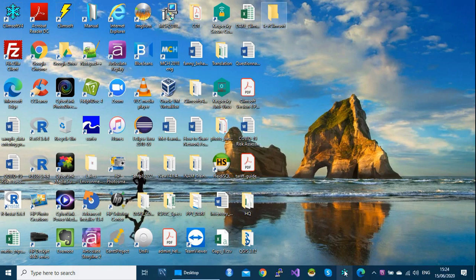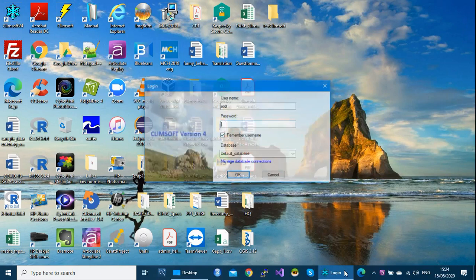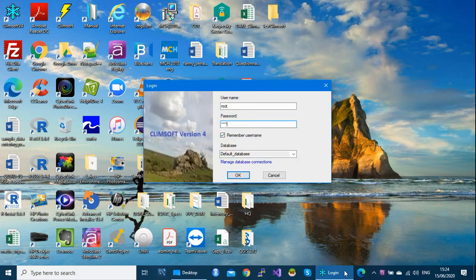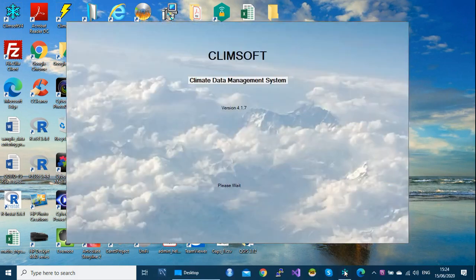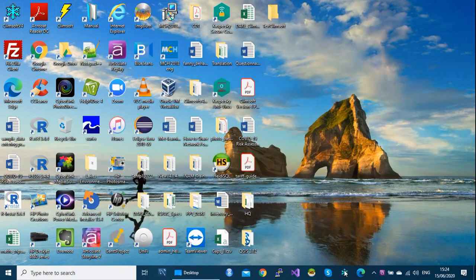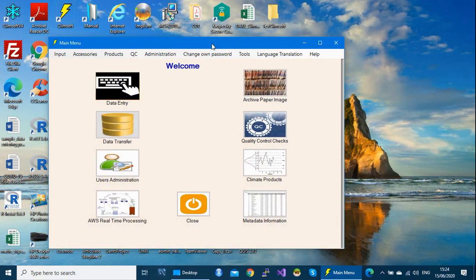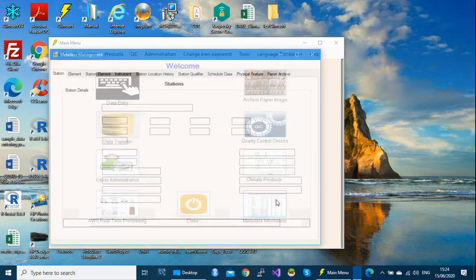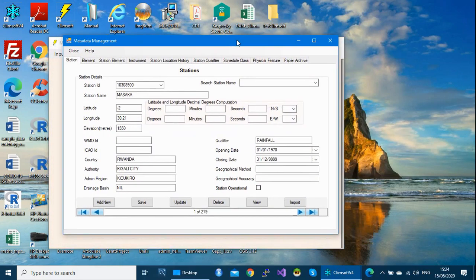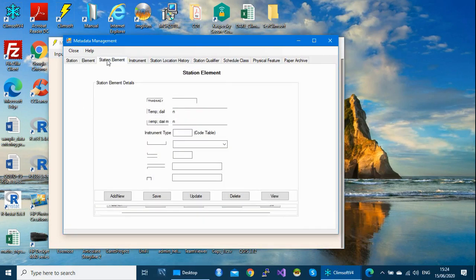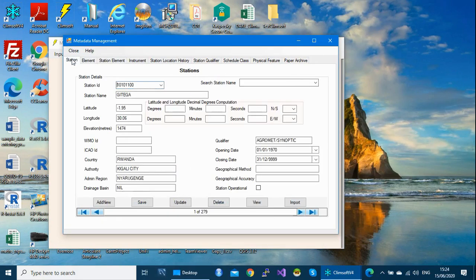And then launch your ClaimSoft software using your username and password. And then let's start with our metadata. Come here to metadata information. And here you have metadata for stations, for elements, and so on. And we want to export